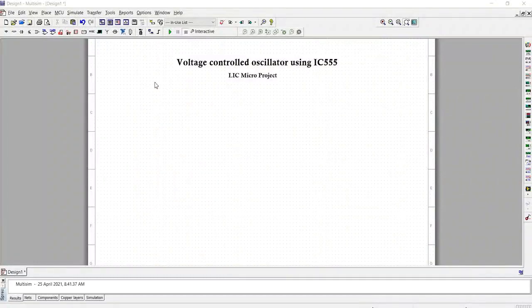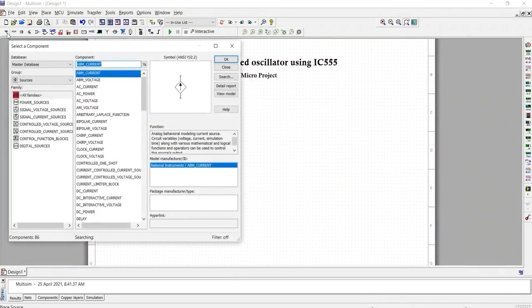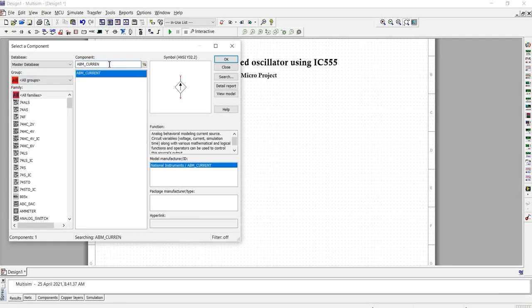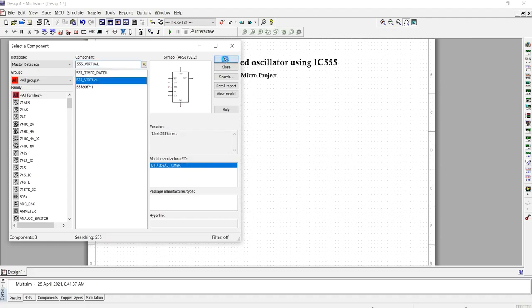To perform this simulation, the first step is to select components. First we select the 555 timer IC, search here 555 and select the IC.